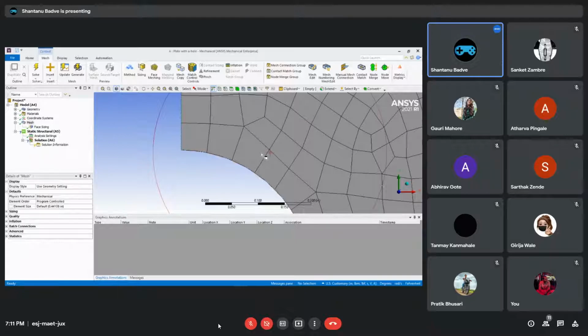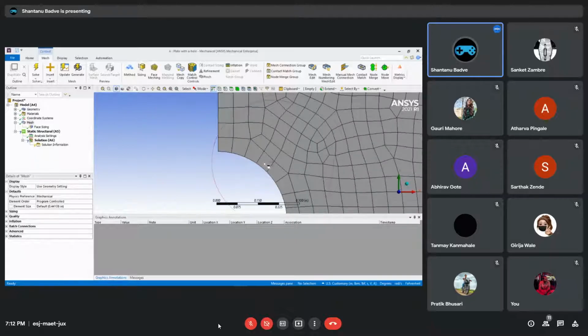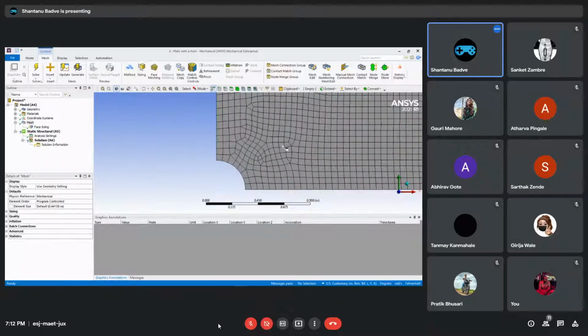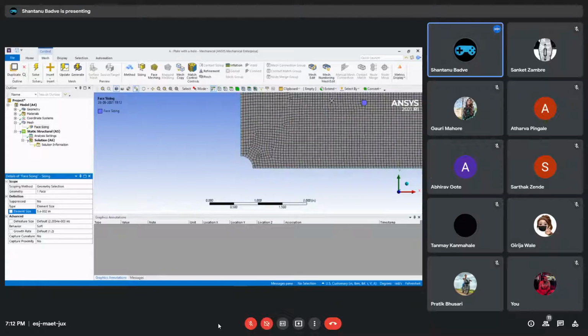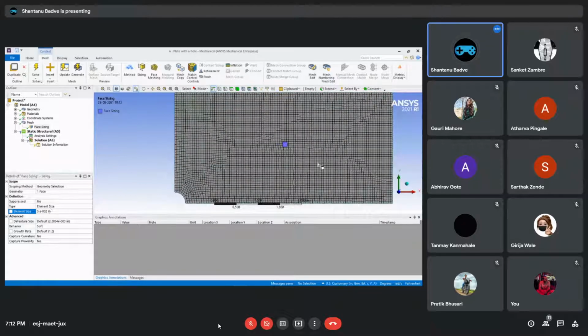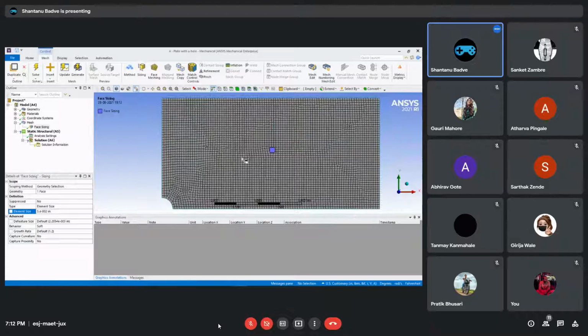And therefore, we have two options over here. Either we can decrease the mesh size. If you just go to face sizing and decrease this element size, if you add more zeros in here, yes, that can work. But you know what the issue with that is? This element size will be applied to the entire object. So each one of these small square and triangle faces that you see here will be even more numerous than that.